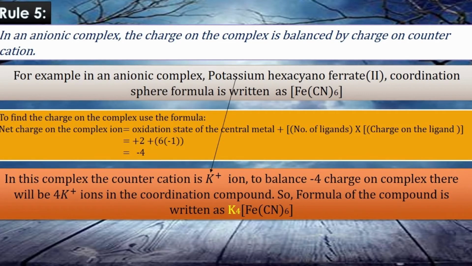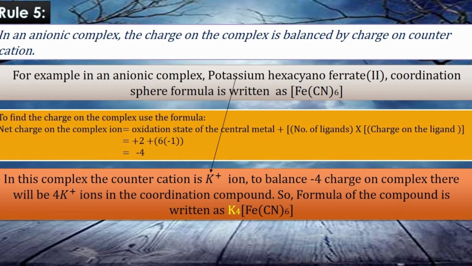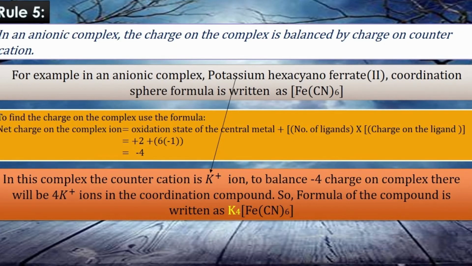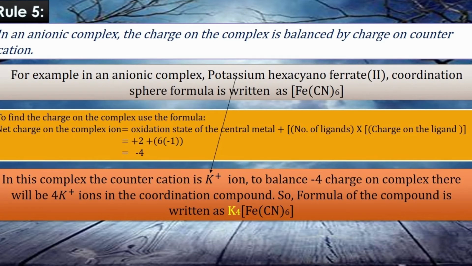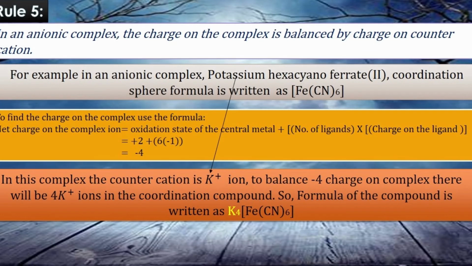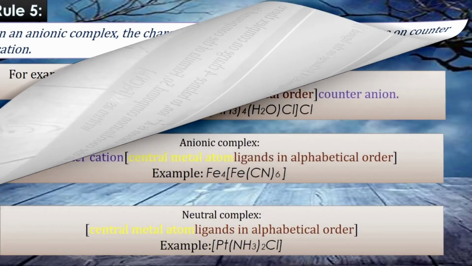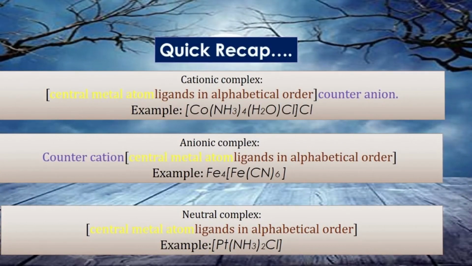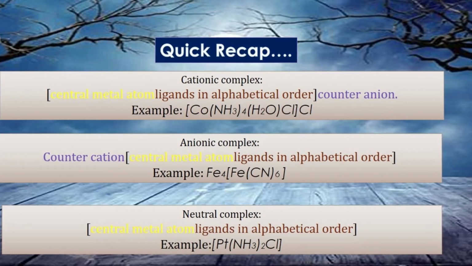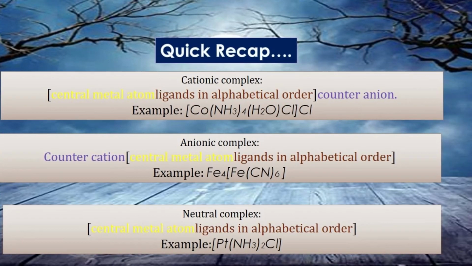To balance the -4 charge on the complex, there should be 4 potassium plus ions. So the formula of the compound will be written as K4[Fe(CN)6], because according to the first rule, we have to write the symbol of the cation, followed by the symbol of the anion. Now we will see the quick recap of how to write the formula of cationic complex,